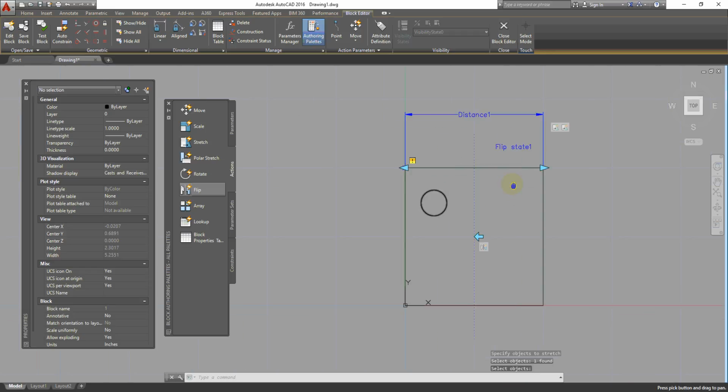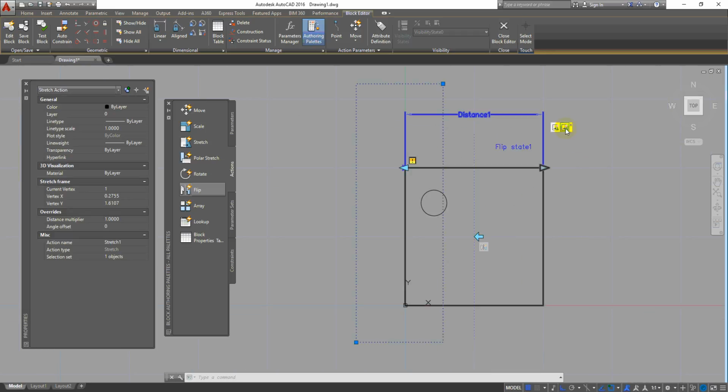But this time one thing I have to notice is, after selecting the second stretch action, go to its properties. Here you have something called angle offset. This angle offset is 0. If I need to have the stretch done towards the opposite direction, I have to provide 180 here. So when I put this angle offset to be 180, when I pull this grip towards this direction, the 180